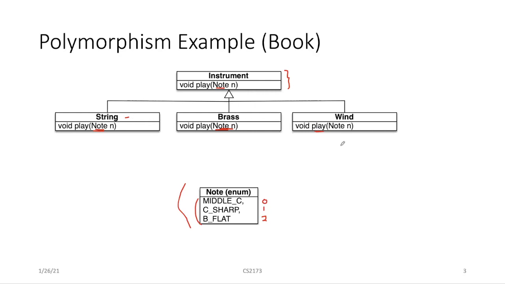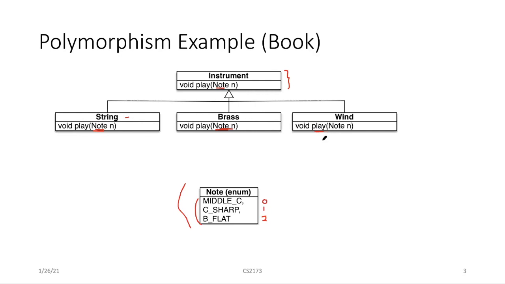That can go into a variable of type instrument. And furthermore, when I invoke play on it and pass it a note, one of these three values, since the play